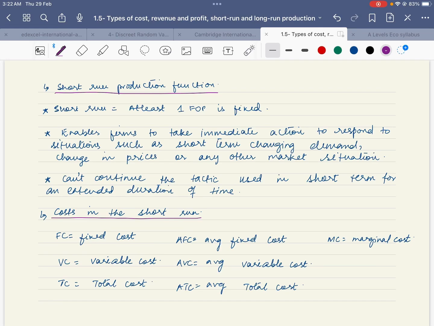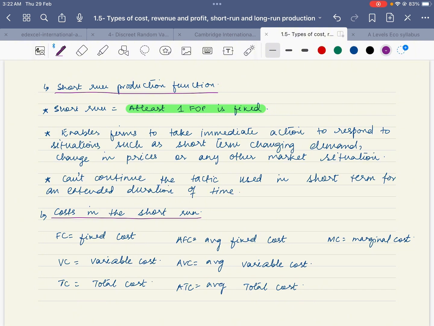Short run production function. How do we define short run? In the short run, at least one factor of production is fixed, let's say capital. You cannot change capital very quickly. The only factor that you can change is labor. When we talk about short run production function, we need to take into account that it enables the firms to